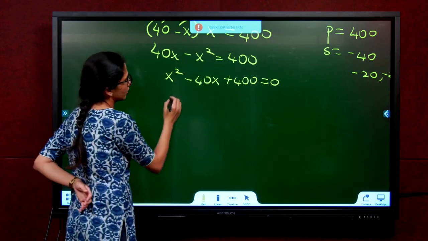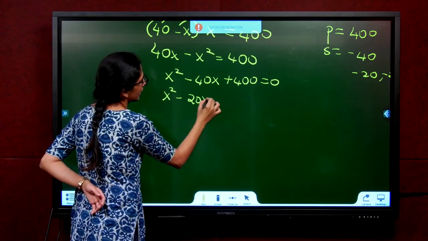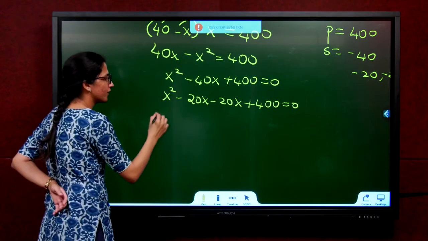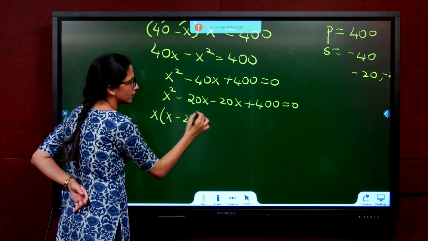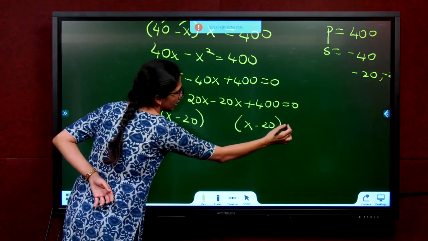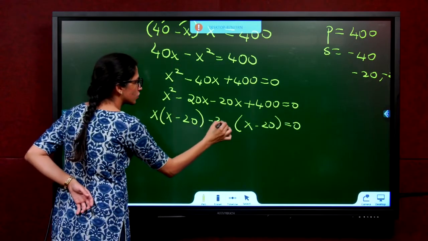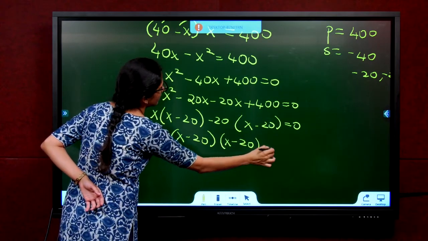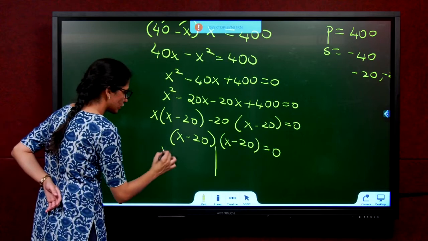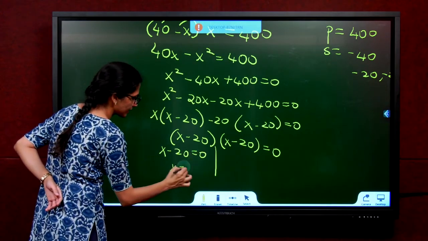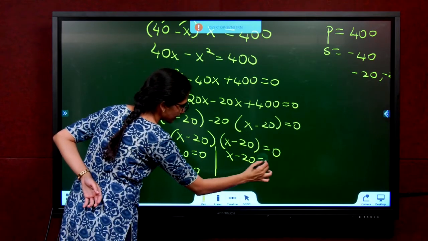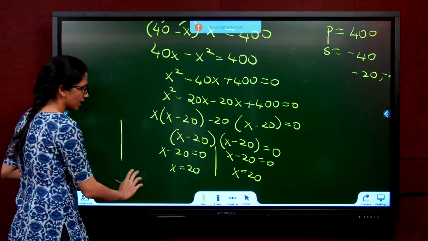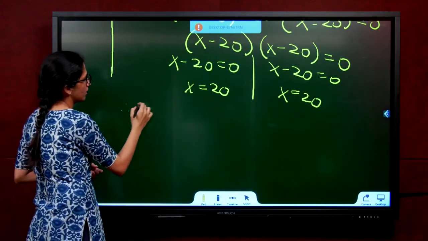So seeing this condition here, X square minus 20X minus 20X plus 400 is 0. From the first 2 terms, take common, X minus 20. Here also you need X minus 20. What is the filler term? Minus 20. X minus 20 into X minus 20 is equal to 0. 2 conditions, X minus 20 is 0, X equals 20, X minus 20 is 0, X equals 20. You're getting the same values of X, so the only possible condition is, therefore, the breadth